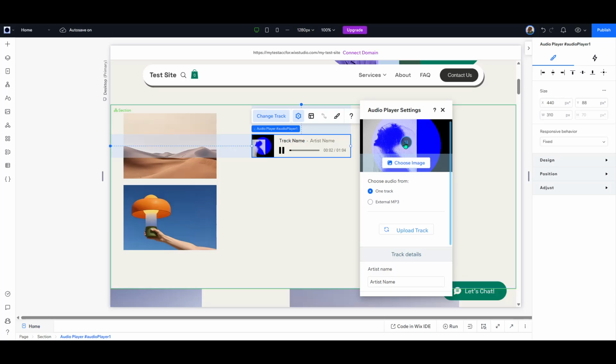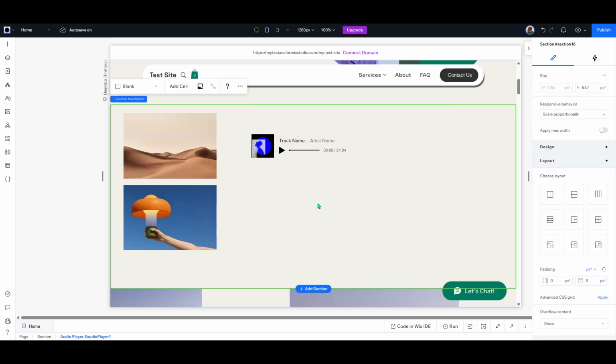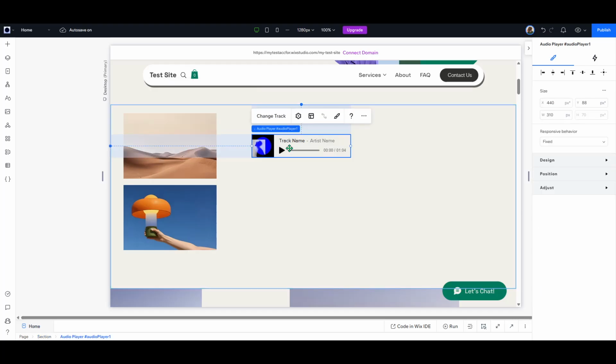After the file finishes uploading or the link is verified, you'll see the track title, and you can press play right in the editor to confirm it works. At this point, your audio is active on the page. On preview and on the live site, visitors will be able to play, pause, and scrub through the track using the mini player controls. For the smoothest experience, keep file sizes reasonable and only use audio you have rights to